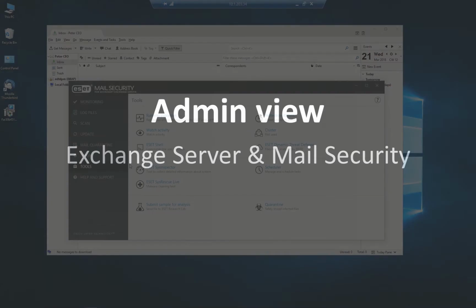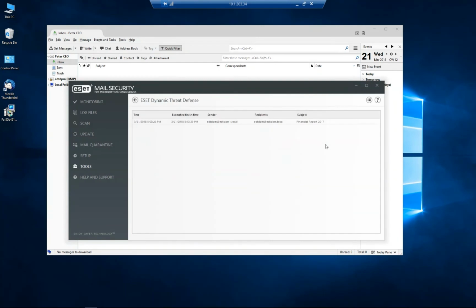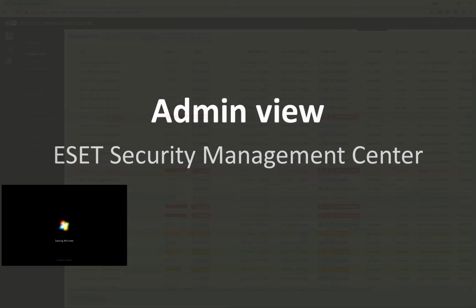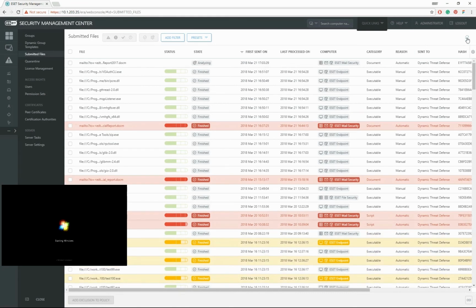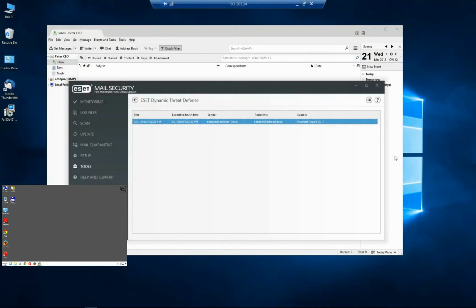From an administrative view on the Exchange server from within ESET Mail Security, we can go inside to see the ESET Dynamic Threat Defense area, and we can see that it has seen this email come in, and it has started to send it to a cloud-based sandbox. We can also go inside of ESET Security Management Center, and we can see that that same email has been sent up for analysis. So we're going to switch back over to the Exchange server with Mail Security, and we're going to sit here